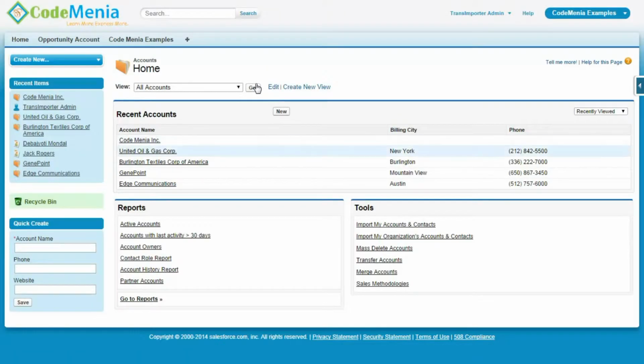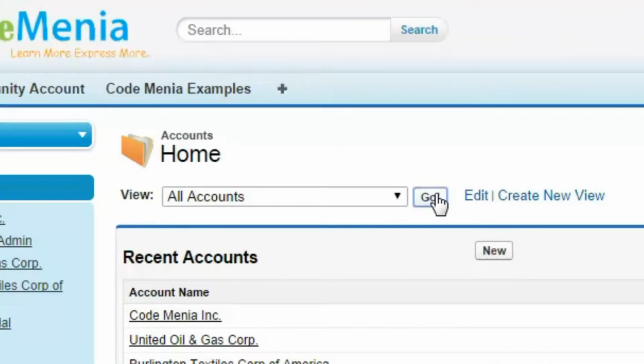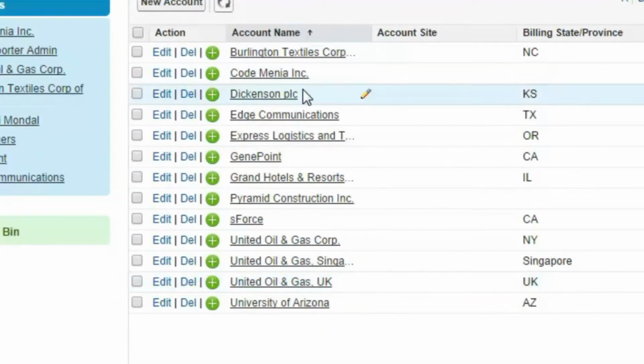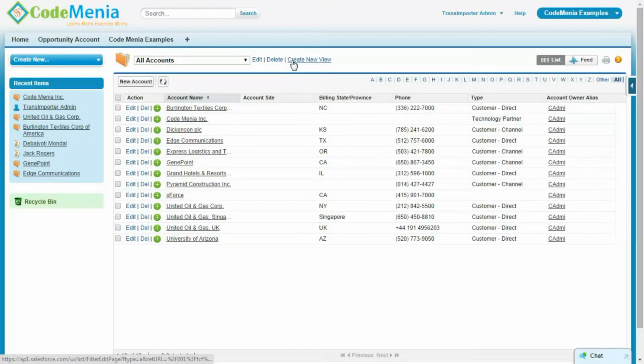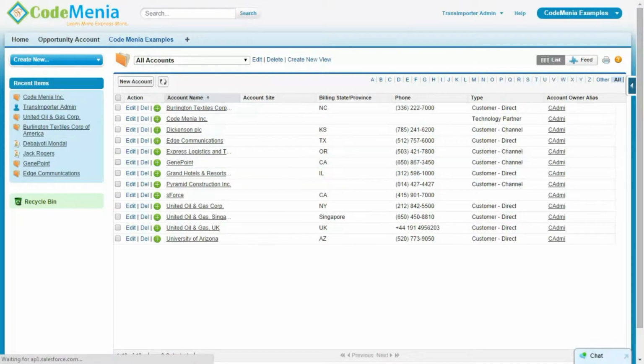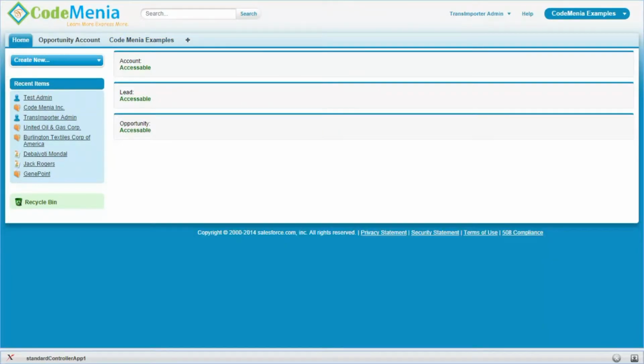See, the record has been deleted. There is no record with the name of that account present here. So we can save, quick save, cancel and delete the record using the standard controller.